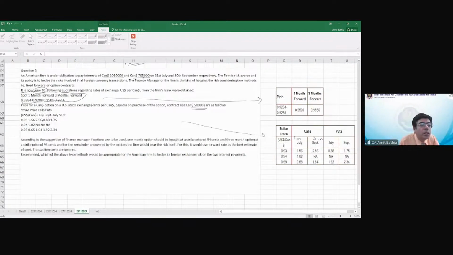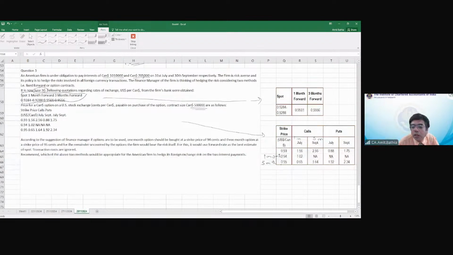Now, according to the suggestion of the finance manager, if options are to be used, a 1 month option should be bought at a strike price of 94 cents. In other words, it is talking about this, right? So here this is 1 month for 94 cents,